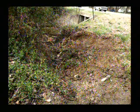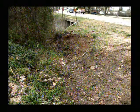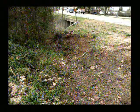And this time we've got pictures from a couple of streams. Primarily, however, it's the combination of Spout Spring Branch, which comes from edge of Mount Sequoia, and the Tanglewood Branch, which comes from the